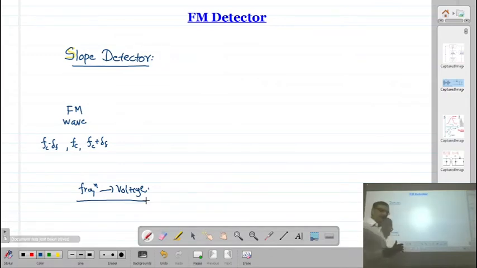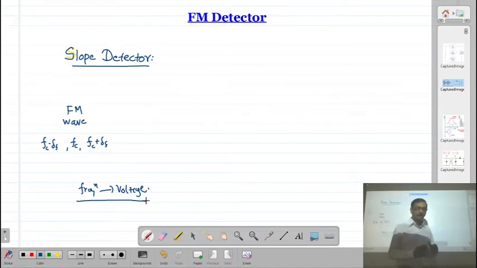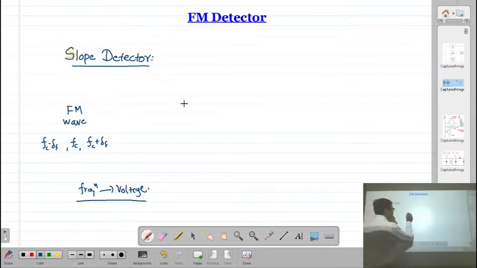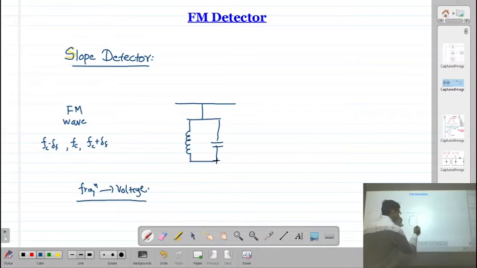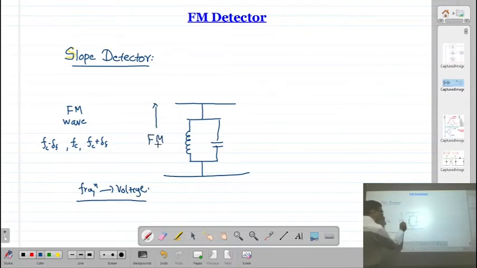So here you require the technique for converting a frequency into the voltage. Means you require a circuit which, for a different frequency, has to produce a different voltage. And the simplest circuit is that we can use a resonance circuit, or a tank circuit. In the tank circuit, the inductor and the capacitor are in parallel, and here we apply this frequency, or if I apply an FM wave, I have to connect one resistance.